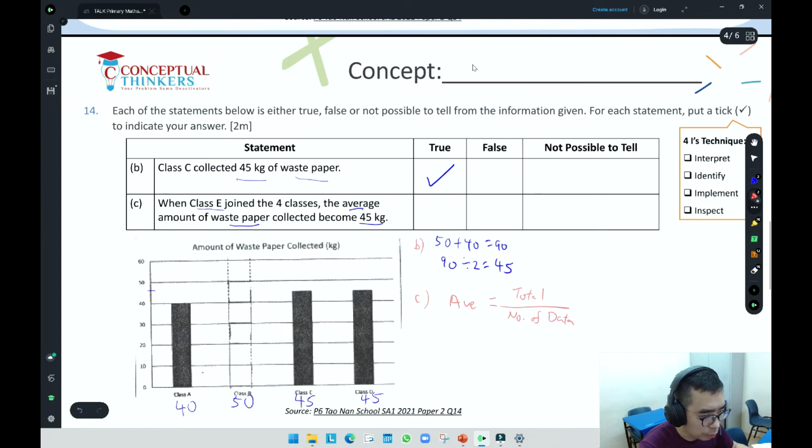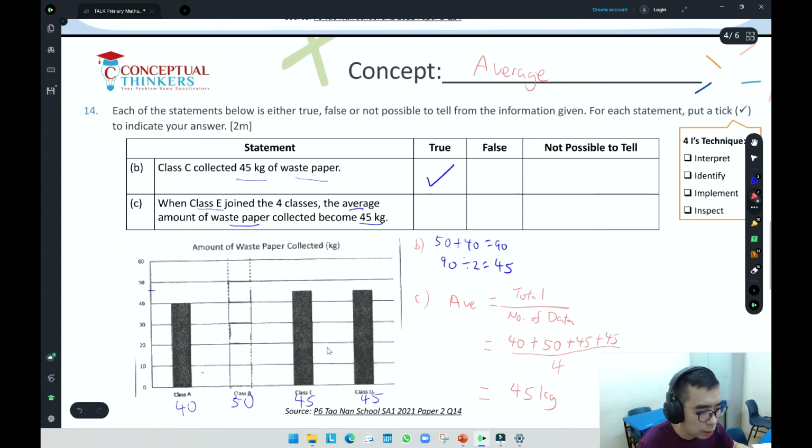So in this case, for part C, the concept that we are doing here is average. So let's implement the calculation for average. We know that to get the total, we need to sum up all the quantity of waste paper. So we just do this addition, then plus 45. So this whole thing will be divisible by 4 because there will be 4 classes here, right? So if you do a calculation for this, you notice that the average for the class should be 45 kg